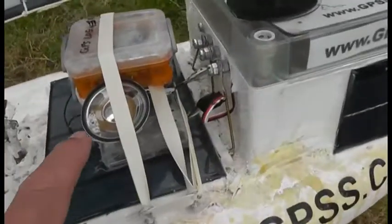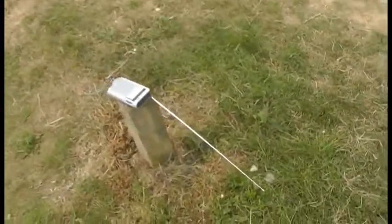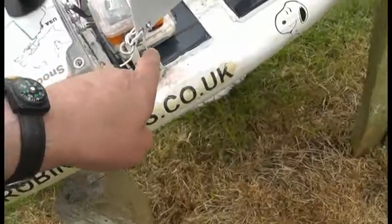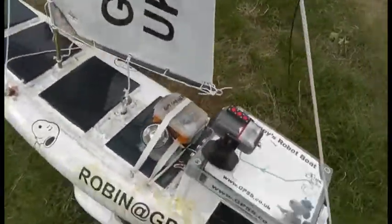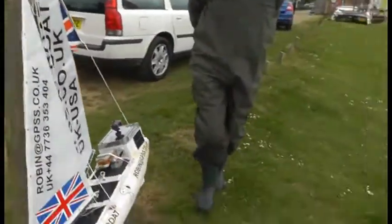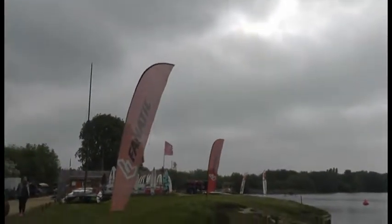All this is test equipment, text to speech, loudspeakers so we can hear what the boat is thinking, and we'll pick that up on trunny radios on the bank, and so the sound gets it to us. We've got an FM transmitter here, and we've got a very important GPS logger recording the movement of the boat every second. So, right, oh yeah, wind is, as it has been yesterday, from the northeast, probably about